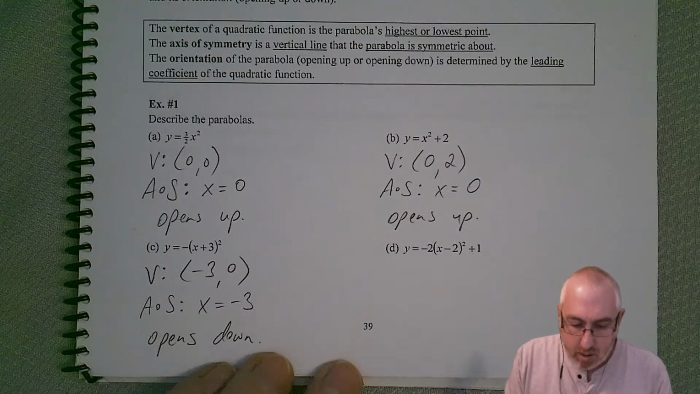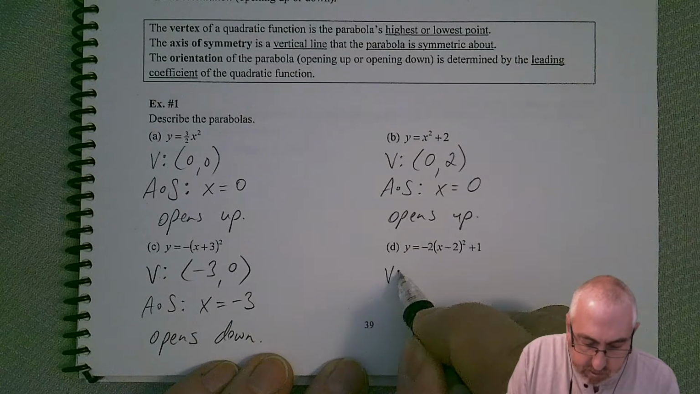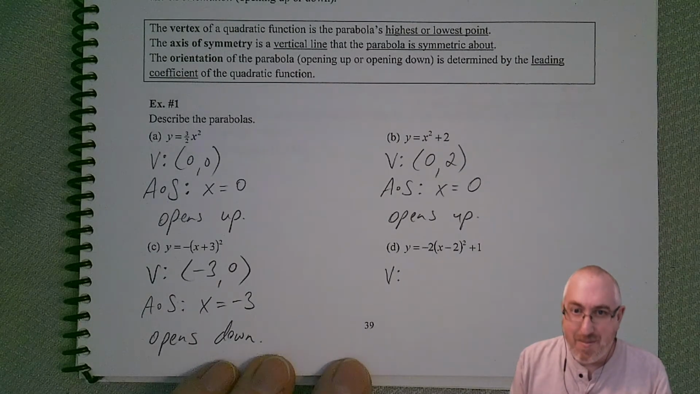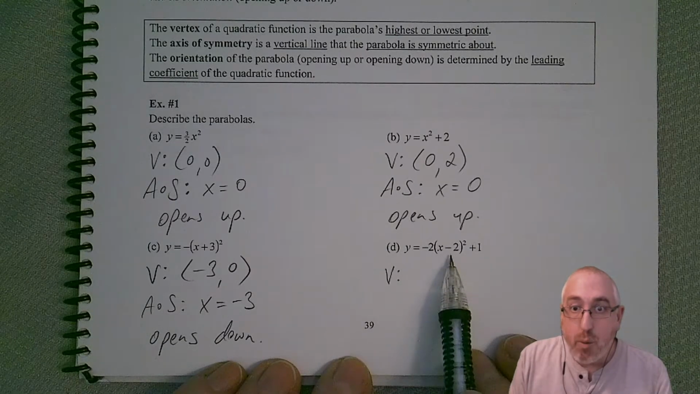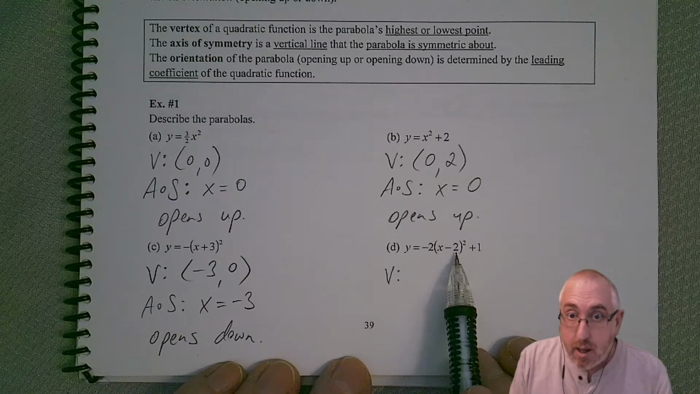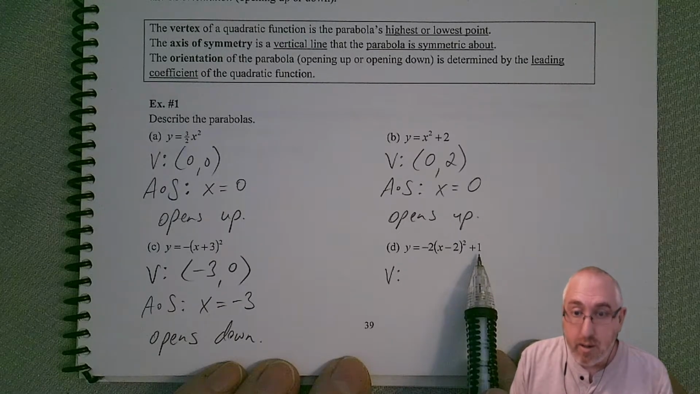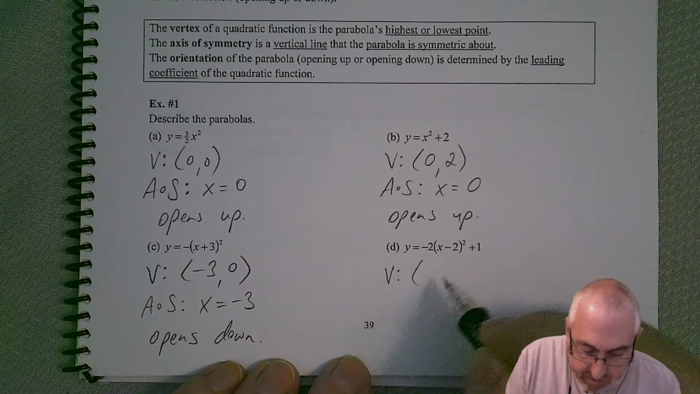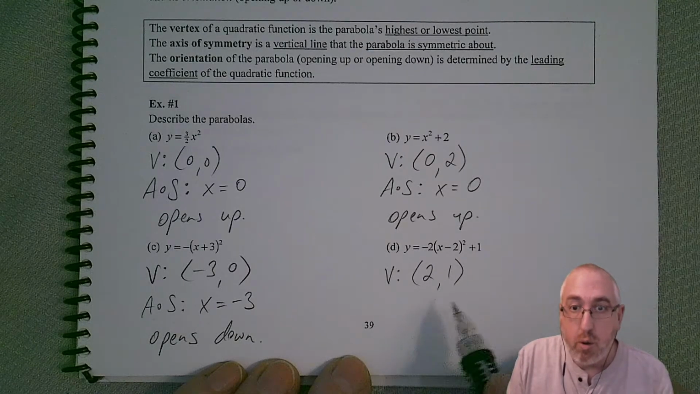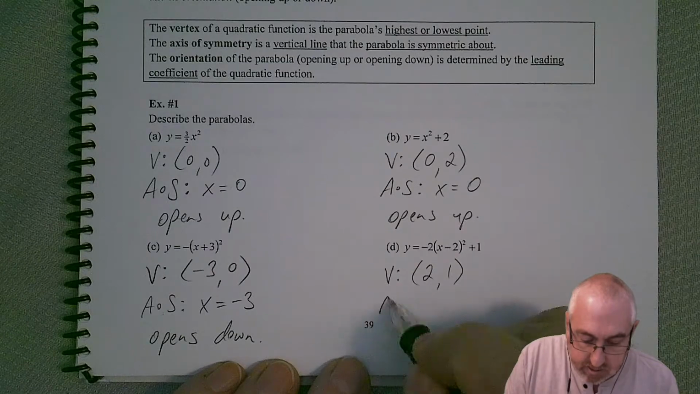One more. So what about this one? What can you tell me about the vertex? Starting to see the pattern a little bit, hopefully. So we have a shift to the right 2 units, but then we have a shift up of 1 unit. So that must mean our vertex is going to become 2, 1. And so our axis of symmetry,